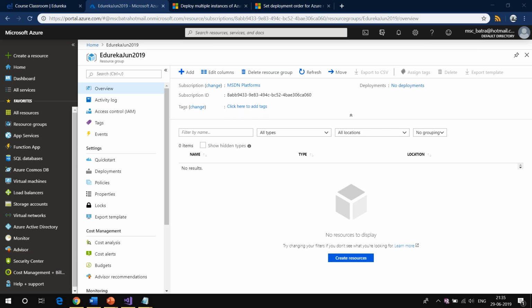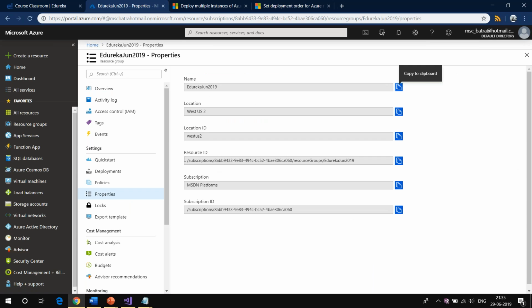Abhijit is saying, do resource groups have unique IDs linked to subscription IDs? Abhijit, yes, resource groups have their IDs. I'm not sure actually, this is the first time somebody asked me about it. Let me see in the properties. Yes, whatever resource group you create has a particular ID, but that ID is not like a GUID. It's a complete path itself. Actually, this is not a URL, but the resource ID. Yes, it is linked to a subscription. And Aziz is saying, okay, that's already done.